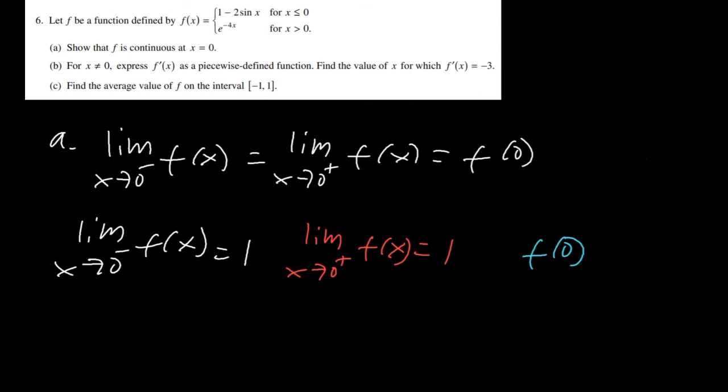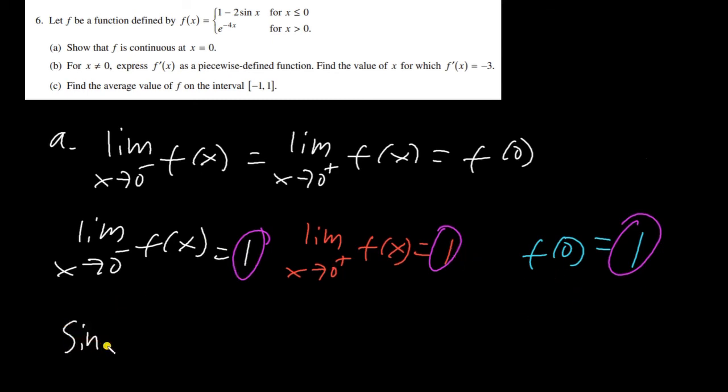Well, if we just plug in 0 into here, since we're at 0, that's this part of the function. 1 minus 2 times sine of 0, which is 0. So 1 minus 0, which is 1. Okay? So now notice that these are all equal. 1, 1, 1. Now since 1 is always equal to 1, which is always equal to 1, we can say